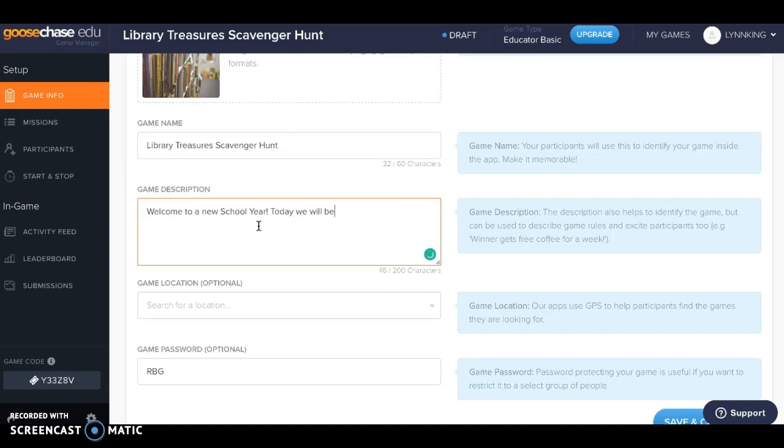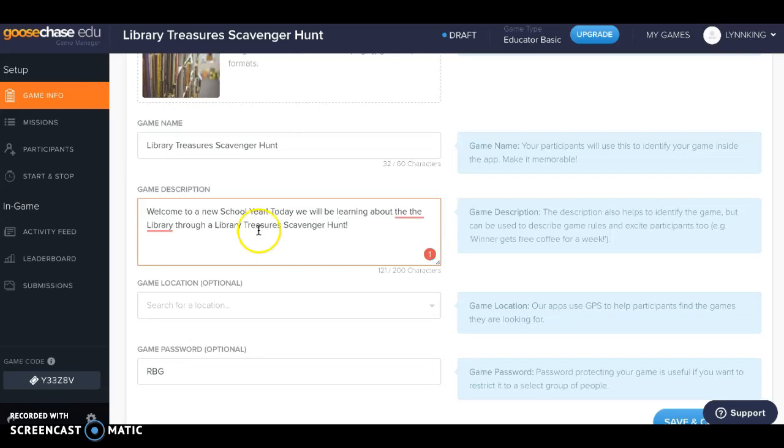Today we will be learning about the library through a library treasures